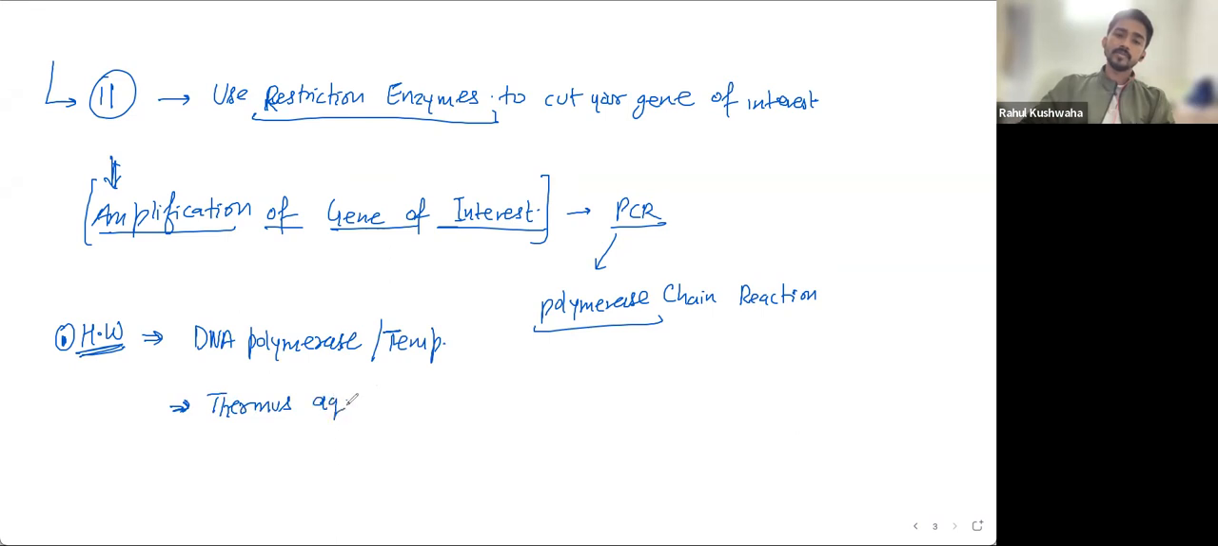You can just go to any source, just try to take more reputed sources. Thermus